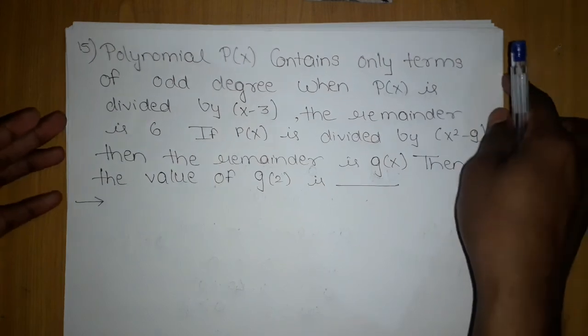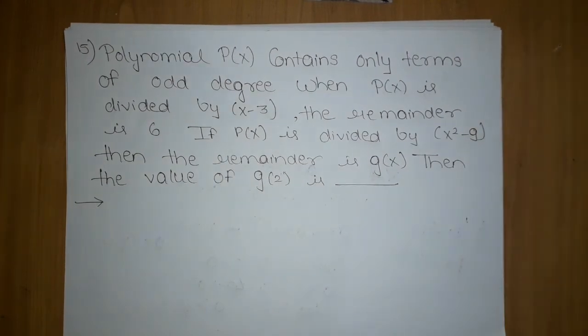This is the next question, which is as follows: polynomial p of x contains only terms of odd degree. When p of x is divided by x minus 3, the remainder is 6. If p of x is divided by x square minus 9, then the remainder is g of x. Then the value of g of 2 is...